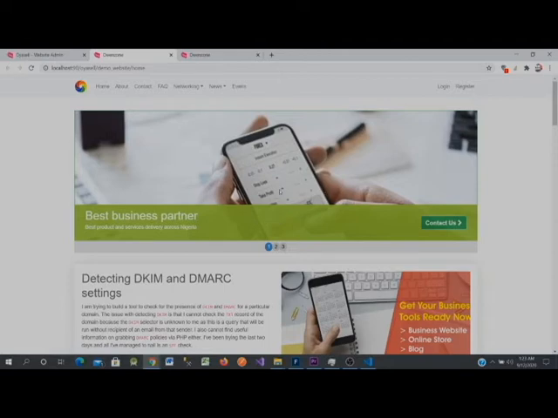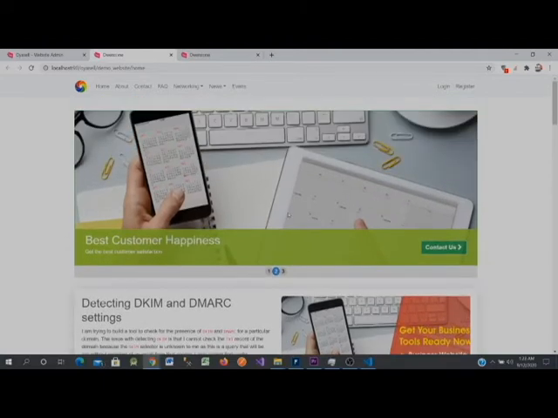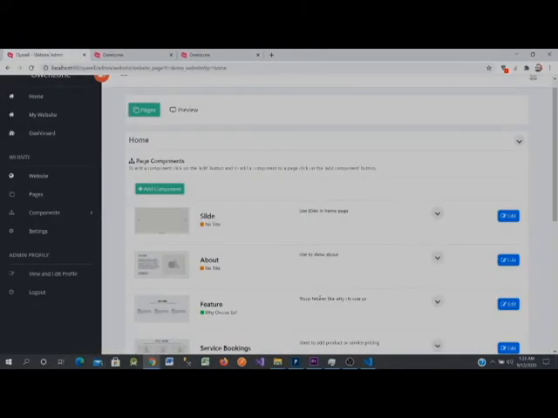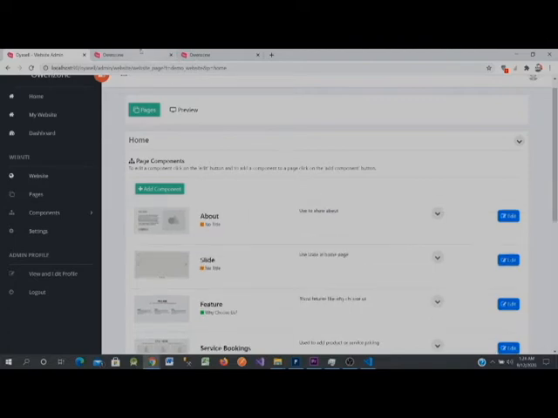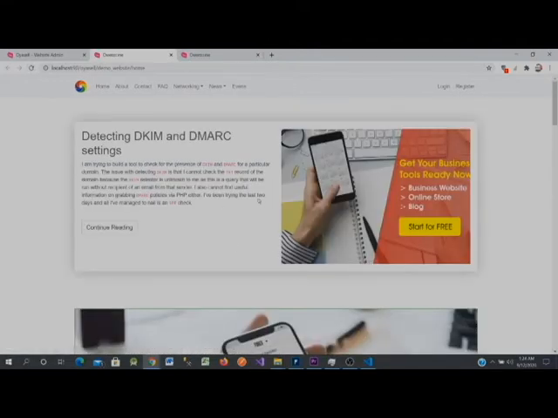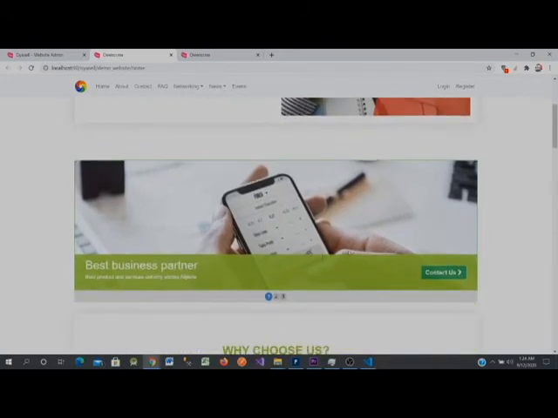The slide is the first component in this home page, as you can see. So I can move the about component to be above the slide component. So let's do that so that you can see it. So this is the about component. I will move it up above the slide component. So, and when you come back and refresh, you see the about component is now right above the slide